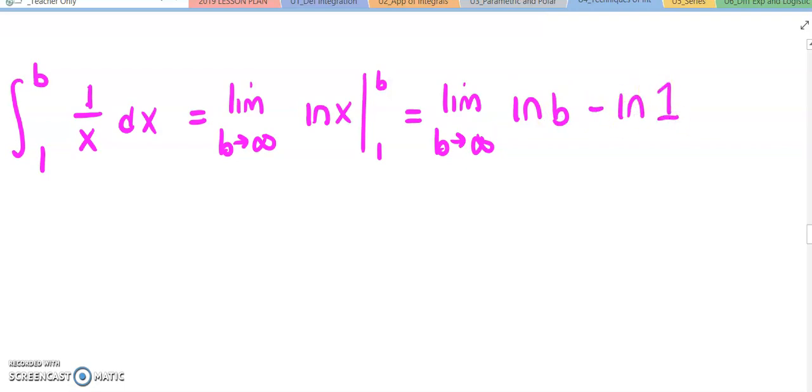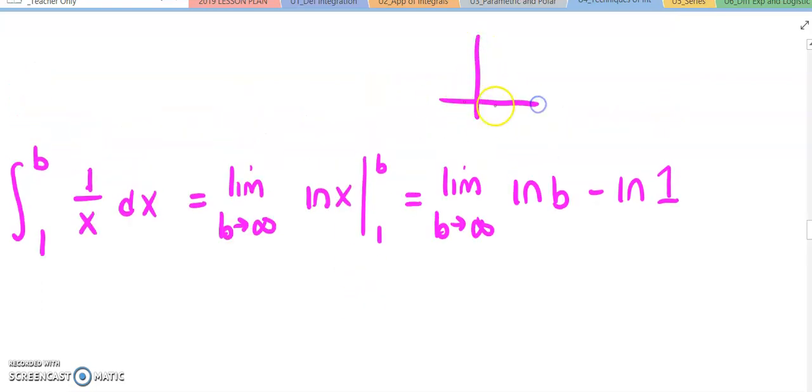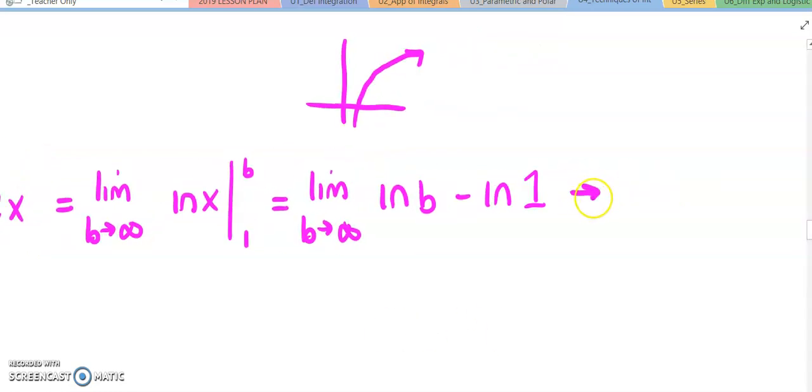Now I know when I plug in natural log of infinity, keep in mind what the graph of natural log looks like. While it looks like it plateaus and has a horizontal asymptote, the natural log function does indeed approach infinity when x is approaching infinity. It approaches a slow infinity, it grows at a slower rate, but nonetheless this answer is going to approach infinity, as we're going to end up getting an infinite answer minus 0 here, and that's just going to result